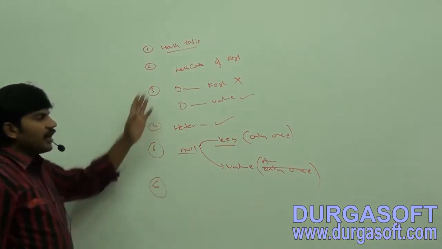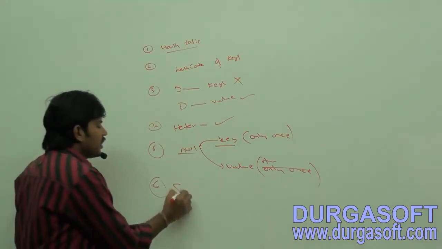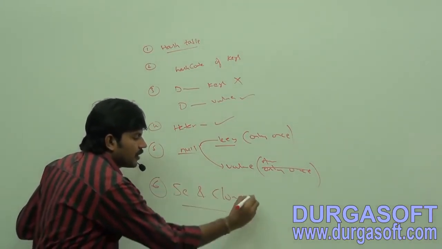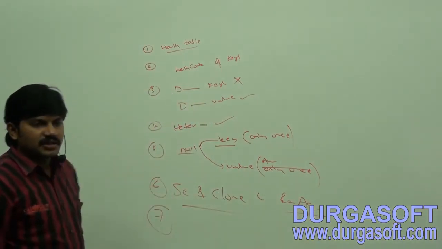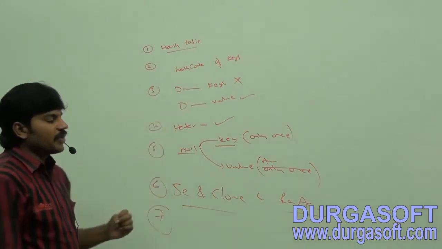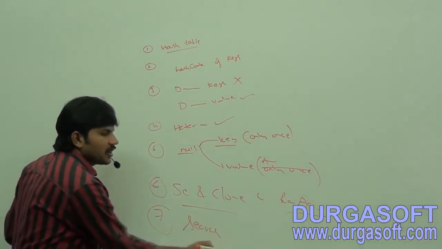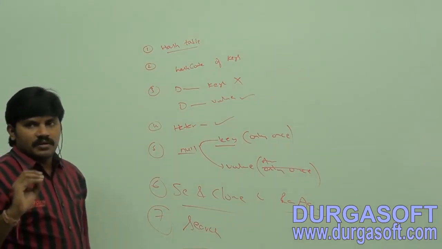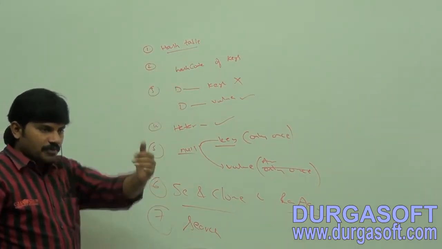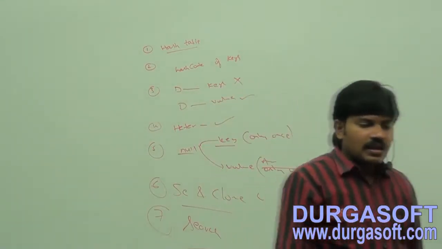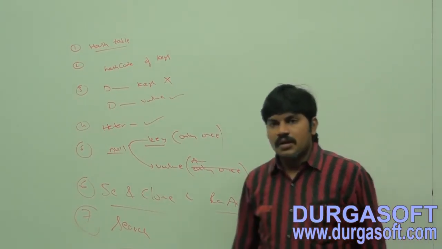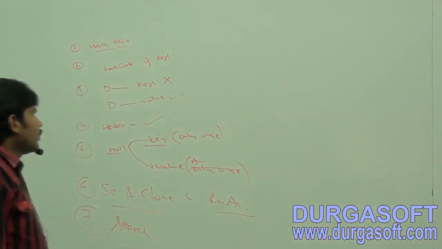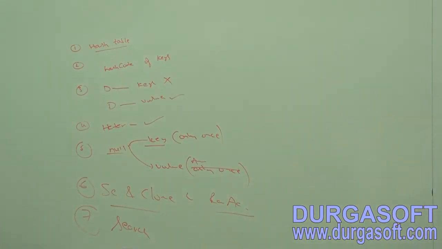Next, HashMap already implements Serializable and Cloneable, no problem at all, but not RandomAccess. Next, this hashing related data structure is the best choice if our frequent operation is the search operation. These are various important terminologies related to HashMap. At the first point, the underlying data structure is hash table.